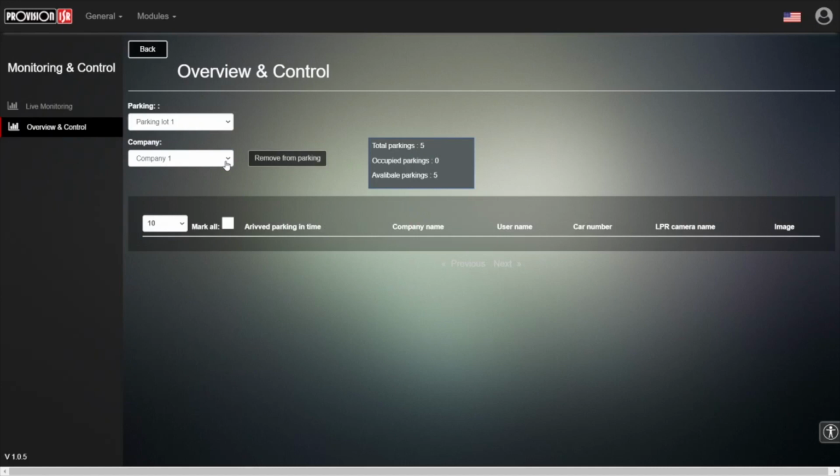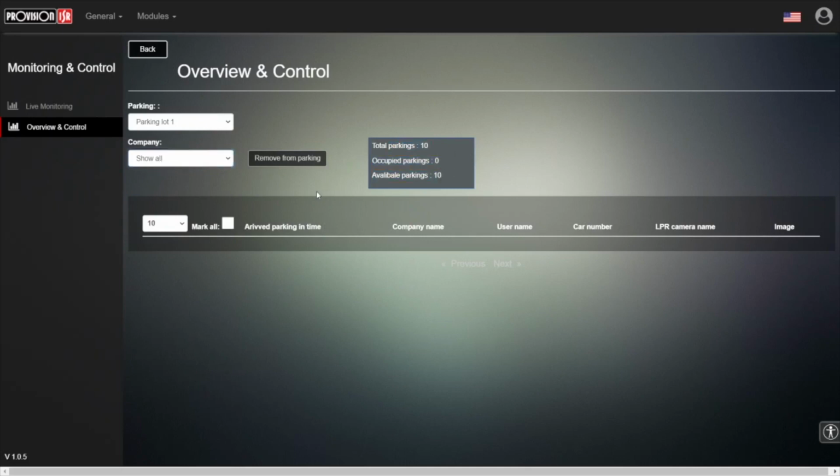of the parking spaces. But basically, you can see that the total parkings for this company is 5, the occupied is 0, how many parkings are available? None, all of them. Company 2, same story. We have one parking lot that has 10 parking spaces. Each company takes 5, so 5 for this and 5 for that. Of course, when we choose show all companies, we can see a total of